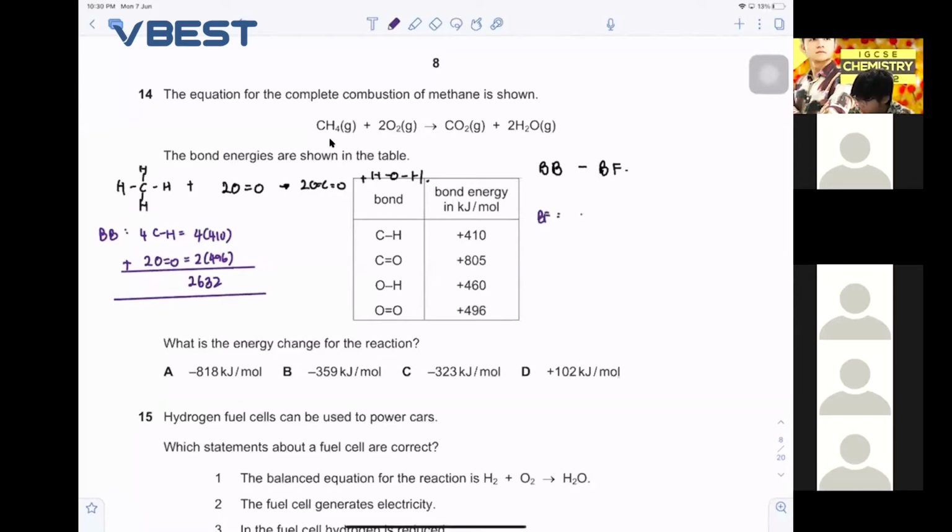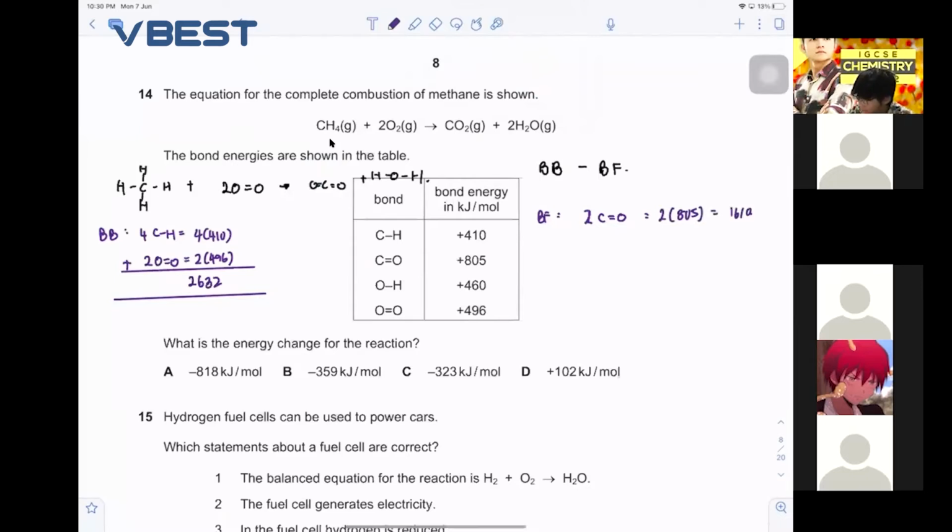Okay, what about my BF? My BF will be 2 of this C double bond O. Not 2, it's actually 4 of this C double bond O, right? You see that, 1, 2, 3, 4. So 4 multiplied by 805. Oh wait, I forgot, the 2 is here. Sorry, guys. So 2 of this CO2, which is 2 multiplied by 805, and your answer is